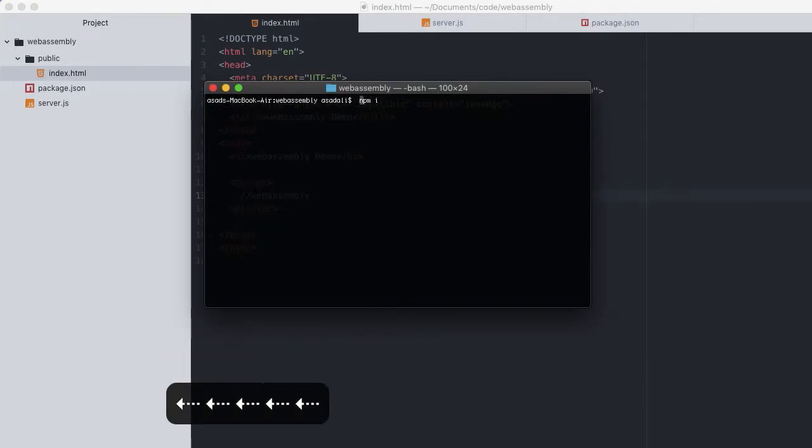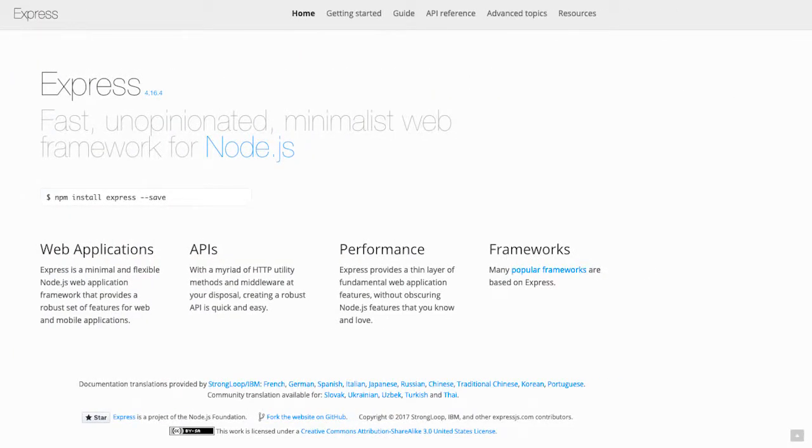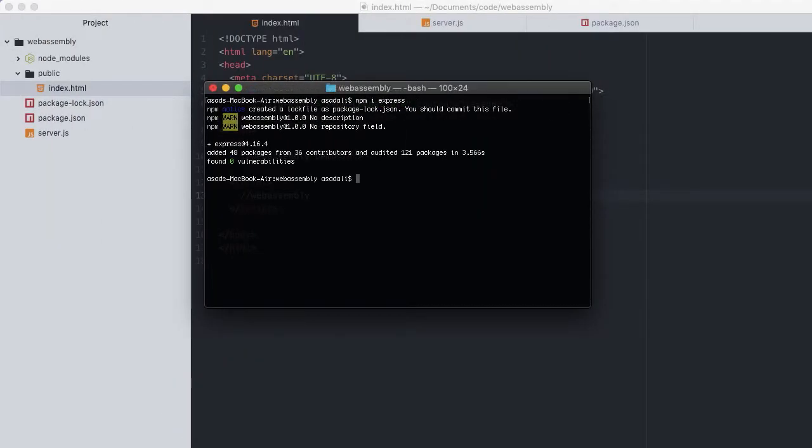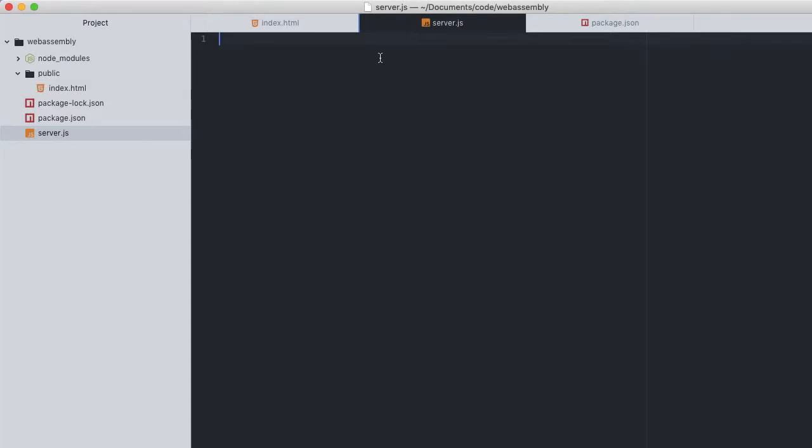Now I'm gonna install Express.js for my static server, because Express is a simple, reliable Node.js framework. You do not need to know Express for this course or any other framework, but it would be better if you know that. Let's head back to server.js, the file where we can now require the Express module